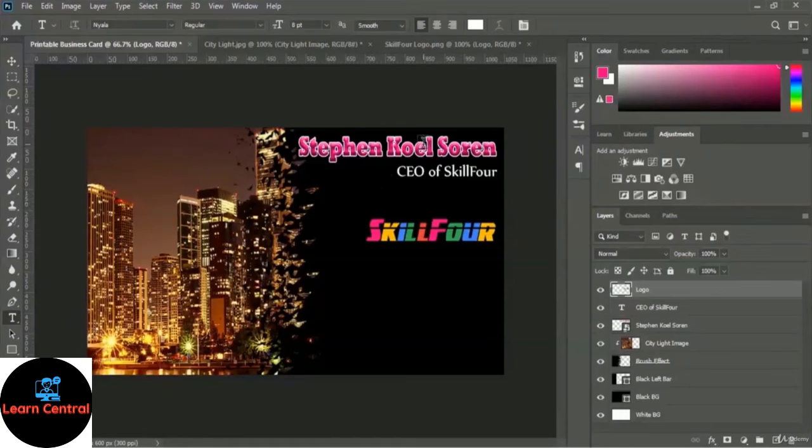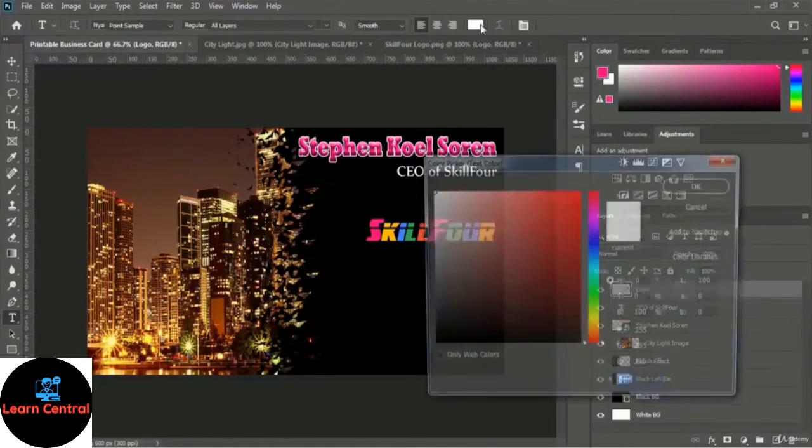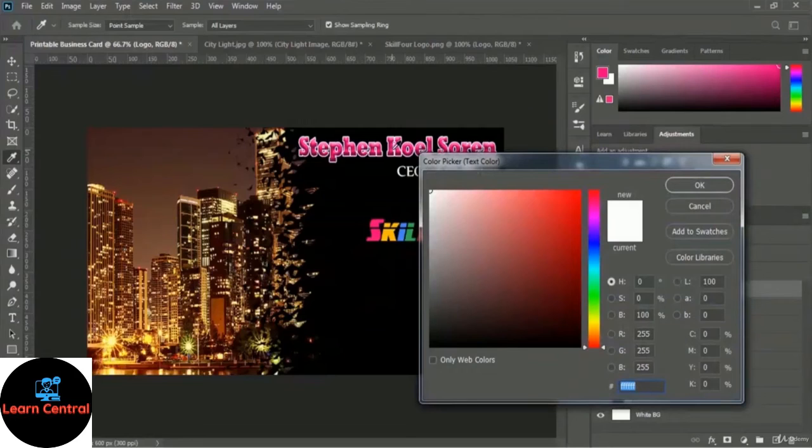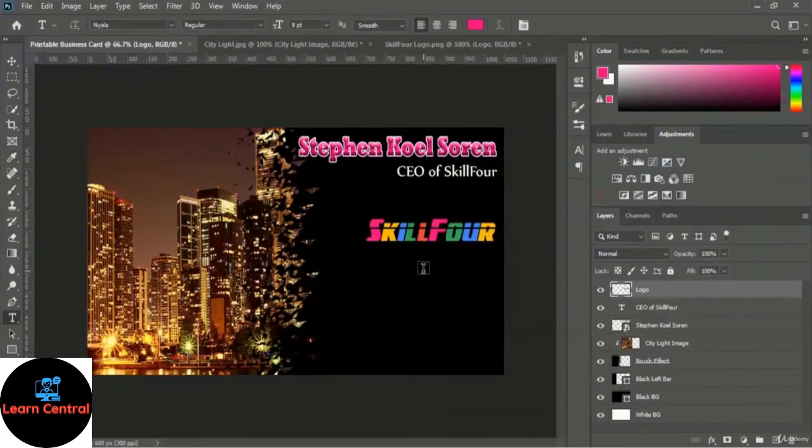So let's change the color, and here is the color option, and I want to use the same color which we used in our name for our phone number, for our address, and email address. You can copy and paste the color code for this text, or you just have to use this eyedropper tool. Here is the eyedropper tool. So I'm selecting this color code, and here is the exact color. So I'm selecting OK,